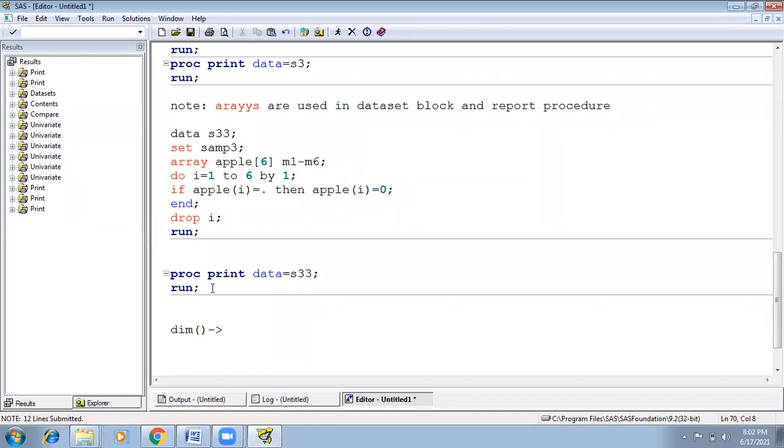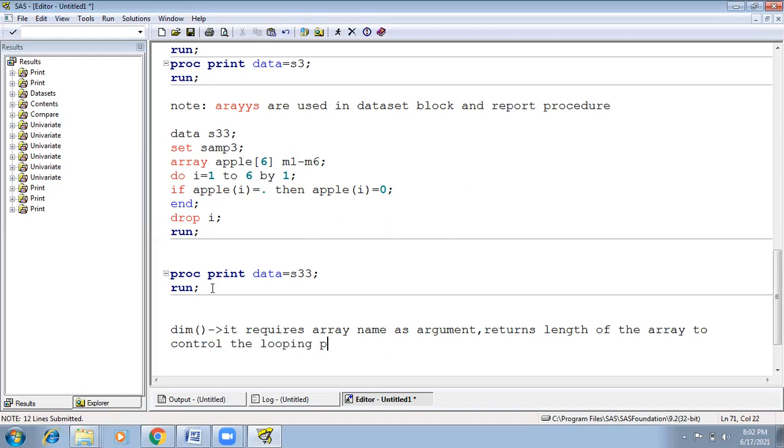It requires an array name as an argument, and it returns the length of the array, to control the looping process. That is the purpose of the dim function.